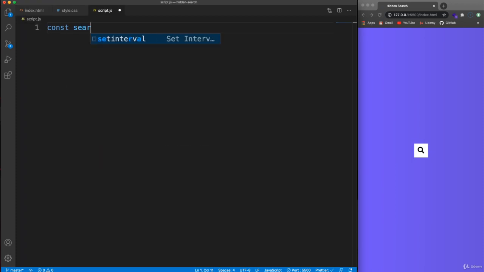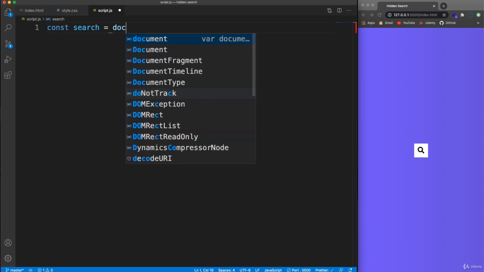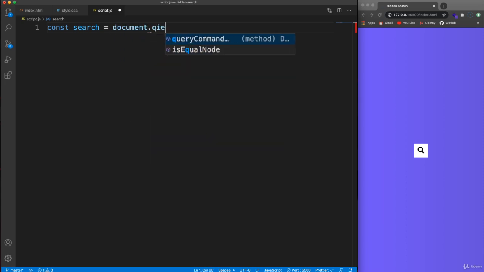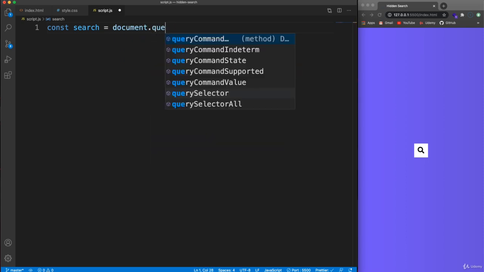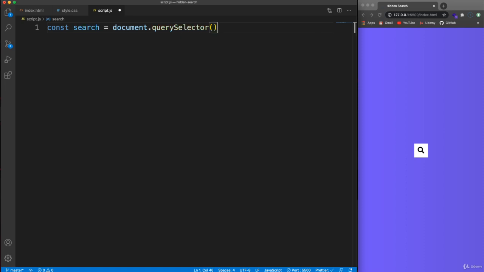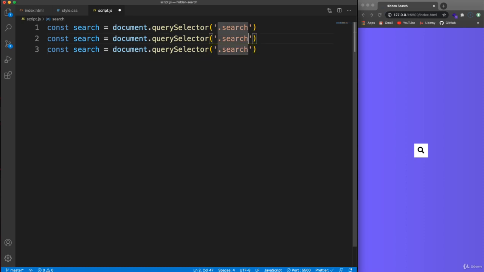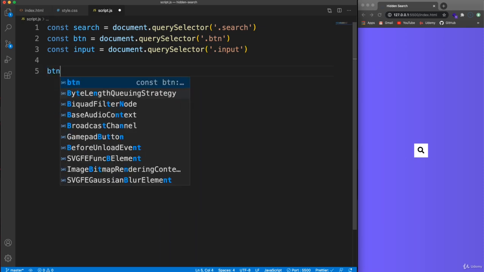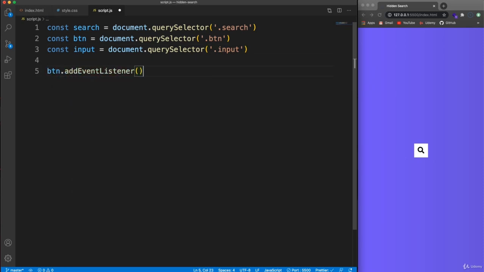Let's go ahead and bring in the search. So document dot query selector, and we want to grab the class of search, and then let's also grab the BTN, and then let's grab the input, and then I'm going to take the button, and we want an event listener on that. So we want to add an event listener of a click event,